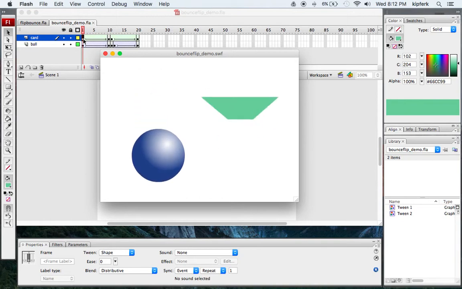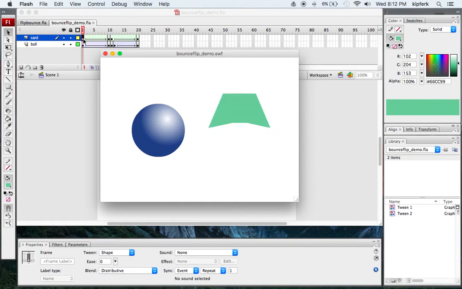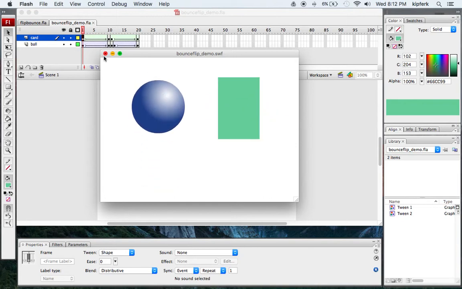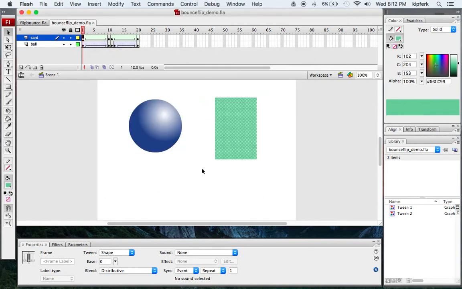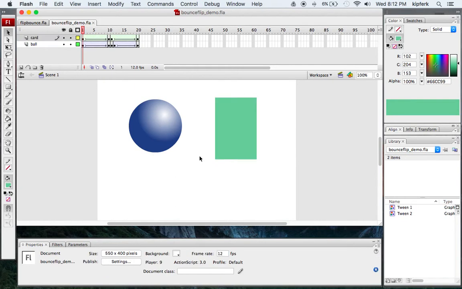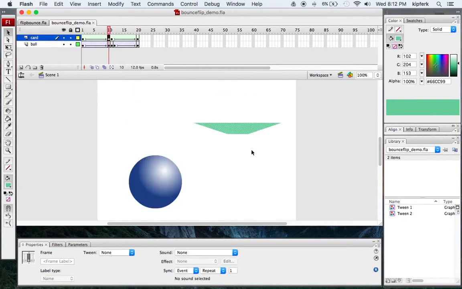Alright, so there you have it. A card flip animation and the bouncing ball. So we've used two different types of tween animations. Actually, one thing we will go back and do in this animation is we're going to make these two middle frames in the card flip a little bit darker so that it appears that a shadow is happening when the card flips flat. So this middle color, what I'm going to do is I'm just going to take my arrow